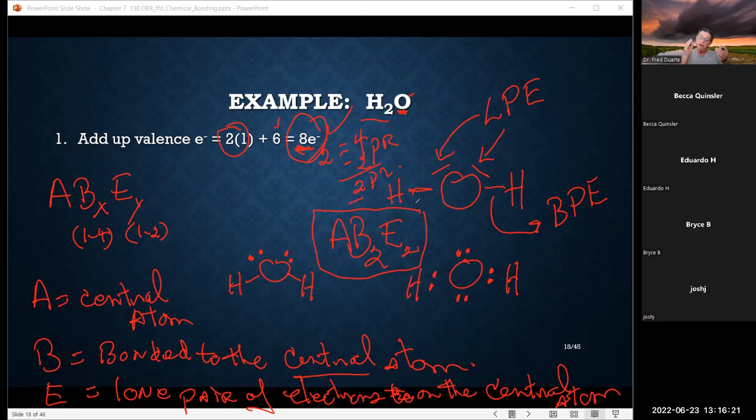AB2E2. Now, an important thing here: there could be a countless number of compounds out there with the same general formula. This is not unique only to water. Those other molecules that share this general formula will also share the type of geometry, okay? So with this information, we go to the shapes table,